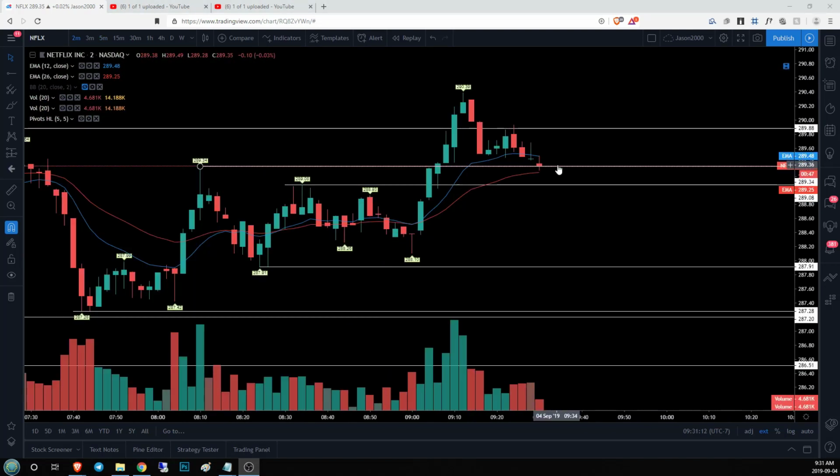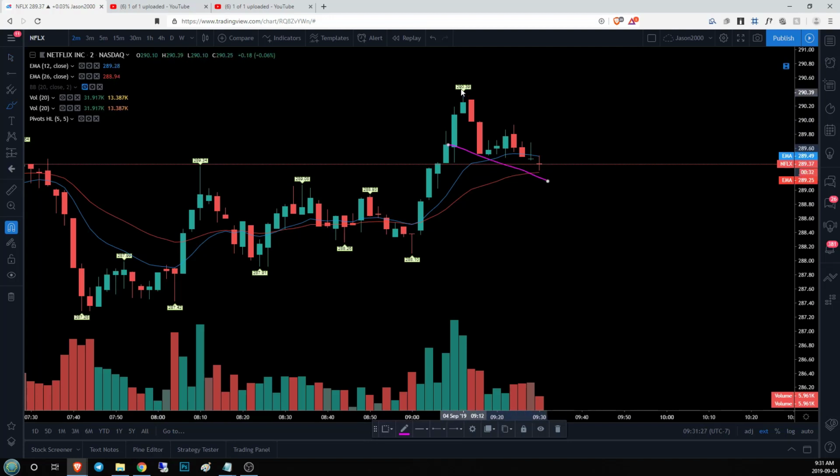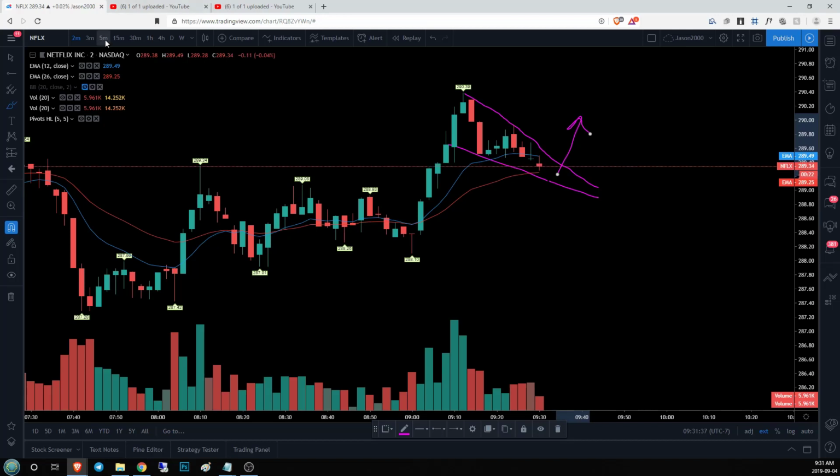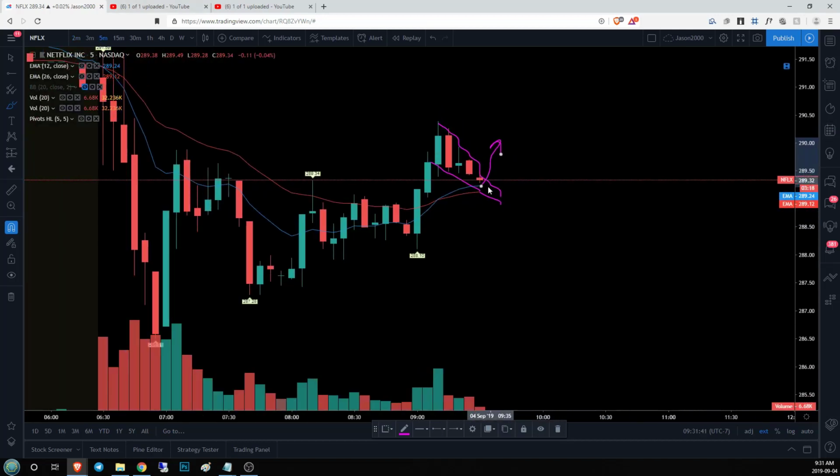So we have the 2-minute 12 EMA has failed. And what we're going to do is just clear our charts entirely, start fresh. And if I look at this, I see a little bit so far of a descending wedge, so a tightening range between our lows and our highs. Forgive my drawing. So ultimately that is going to be a bullish continuation pattern. For that to happen, we need to see a 2-minute trend change. And what that will do is also allow these 5-minute bulls to set a higher low.